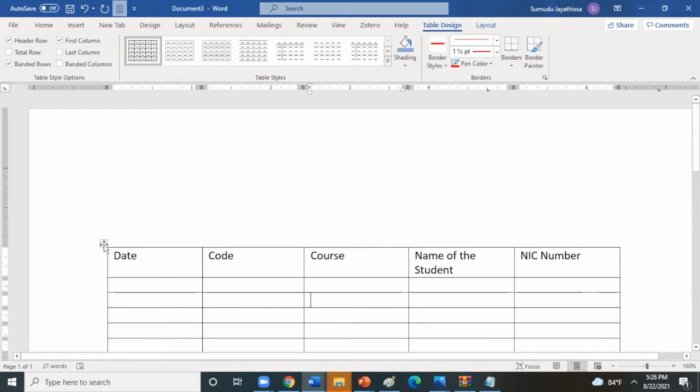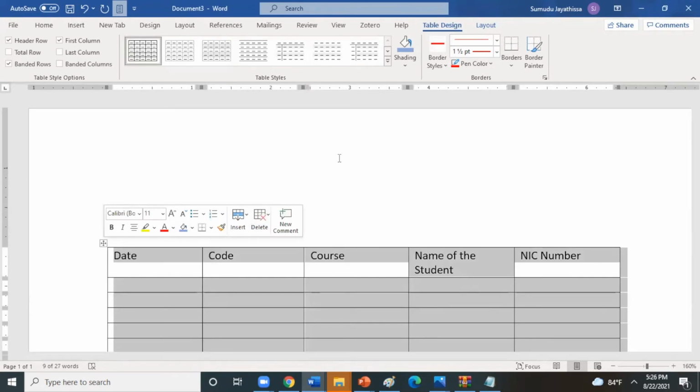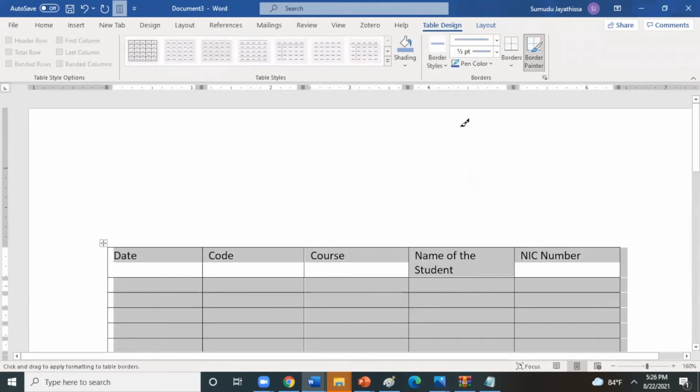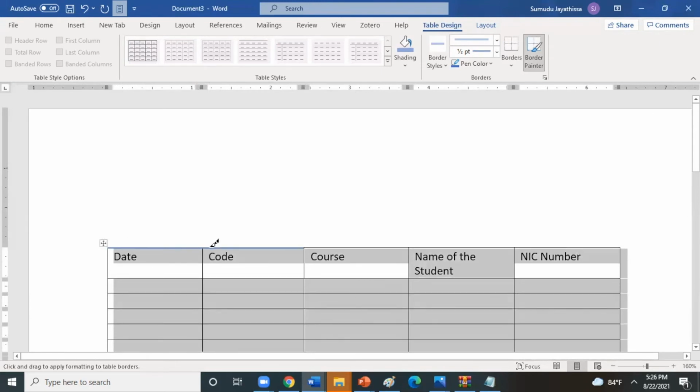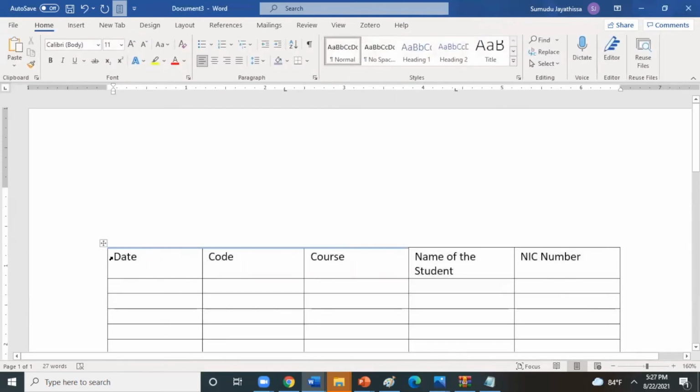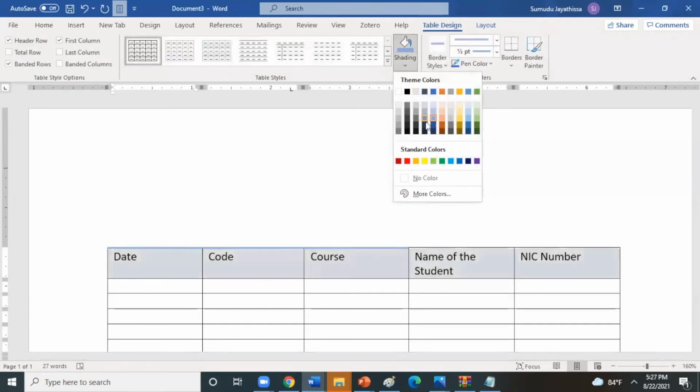And by clicking this one, you can give border styles to your page. Here you can give the styles, and if you want to shade your rows, you can select the rows, you can give colors.